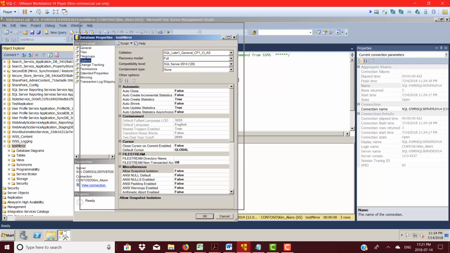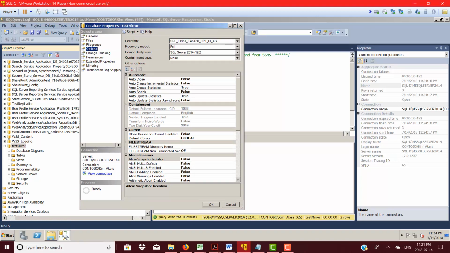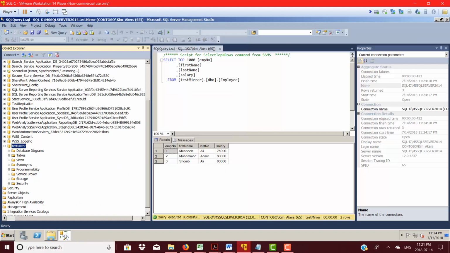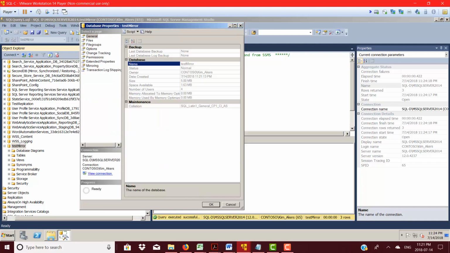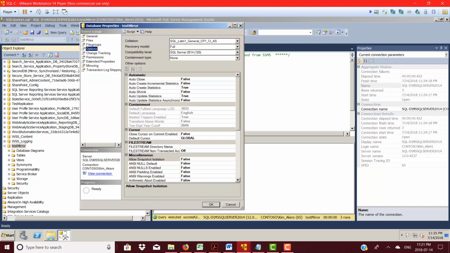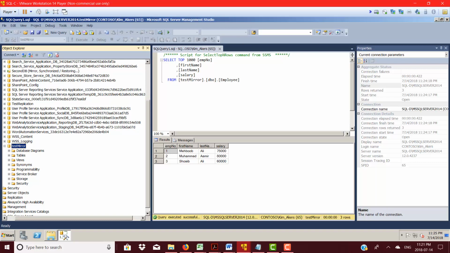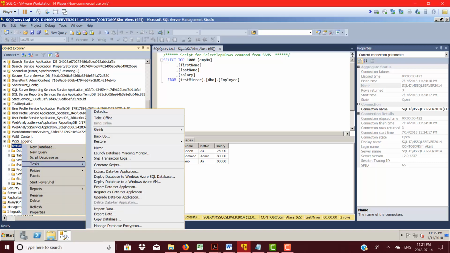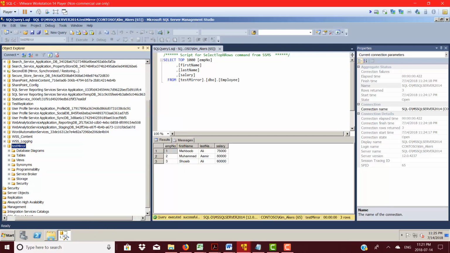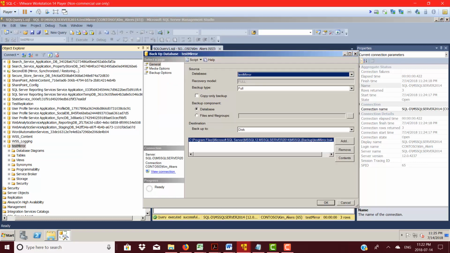So first of all, we need to check the recovery mode. It should show full under properties. So if you right click on the database and go under properties, and under options you will see full recovery mode. Now we need to take a backup of this database. So we say backup test mirror, full backup,